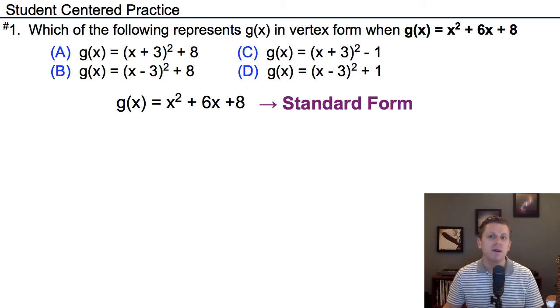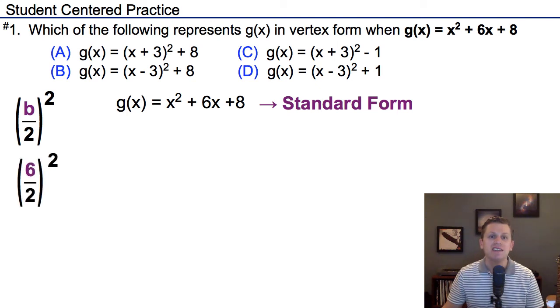In order to create a perfect square trinomial, we're going to take half of the b value and square it. The b value here is 6, half of 6 is 3, and when we square 3, we get 9. This is the value that would create a perfect square trinomial when added to g of x. Of course, we just can't add 9 to g of x without changing the value of the function, so we add 9 and subtract 9 from g of x as to not change the value